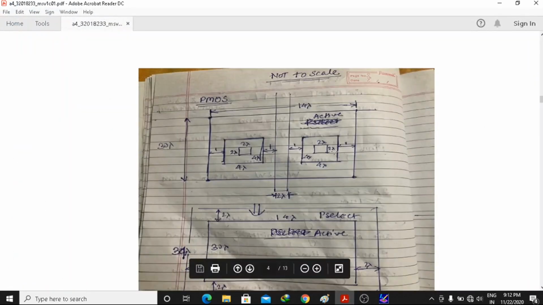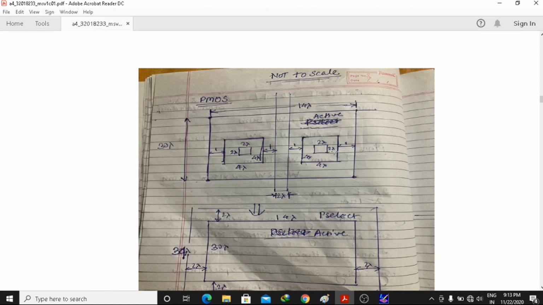Before I go on, let me tell you, before the advancement of CMOS fabrication technology, the designers used to design using some specific technology like 2.5 micron or 25 micron, 0.25 micron.